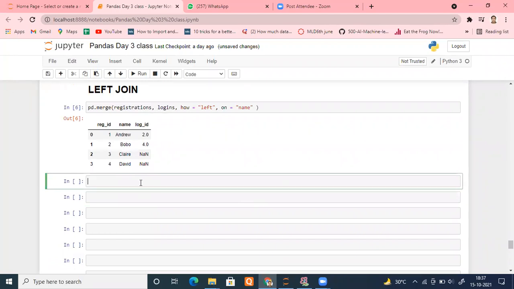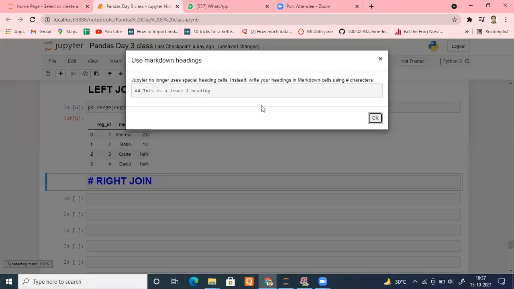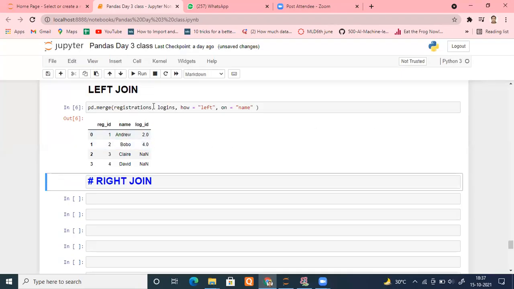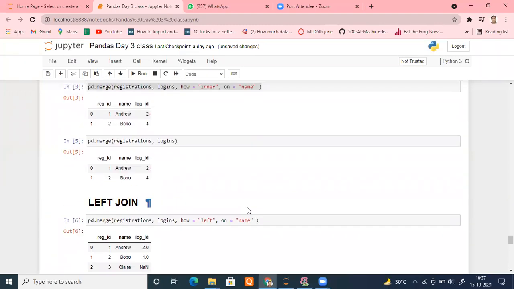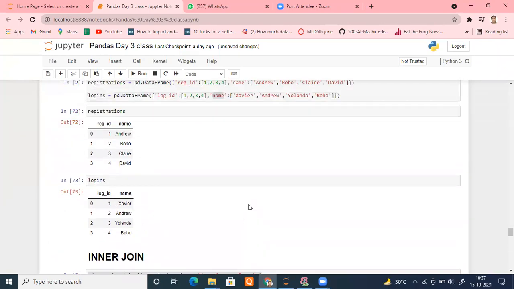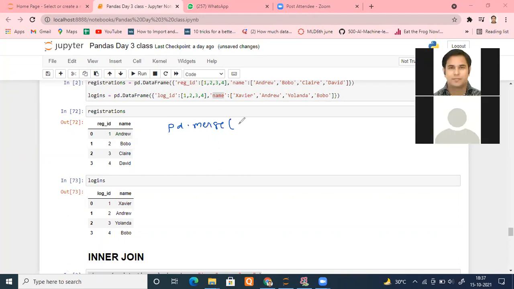So now we are going to right join. Now you will tell me what is going to happen. Get an idea of what is going to happen in the right join. Exactly follow the same thing, but just do it with the right table. So I'm going here again with my tables, and suppose I wrote down the same pd.merge, and again at the left-hand side I mention my registrations.